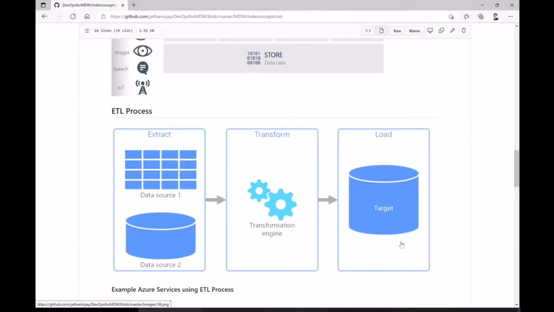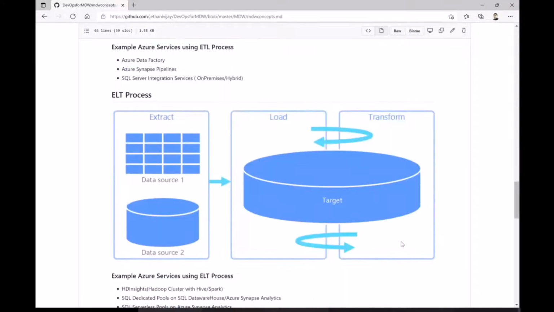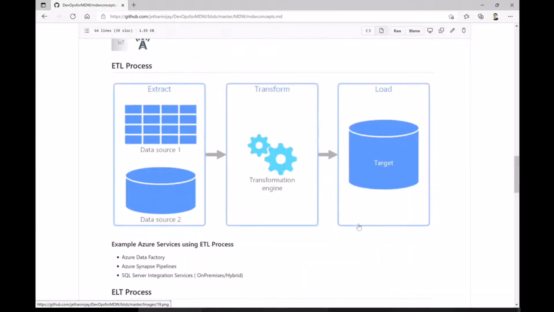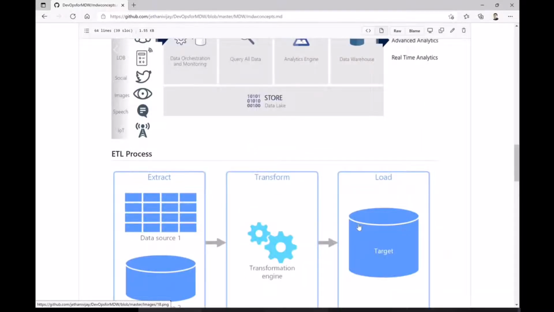Okay. However, if we talked about the ELT process, the load after extract is actually happening within the service where we are transforming that. Okay, so these are the two processes, or the pipelining, or the way we deal with this data. So you can do the extract, transform, and load